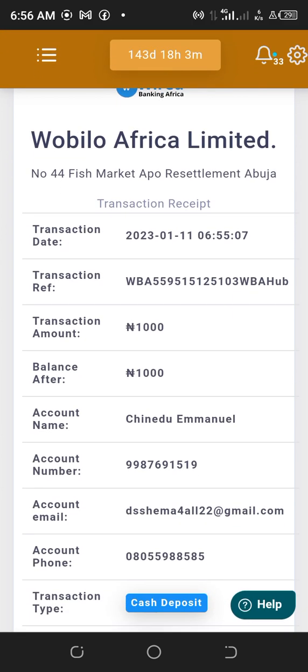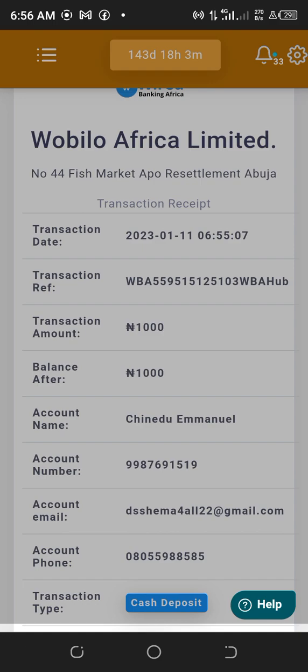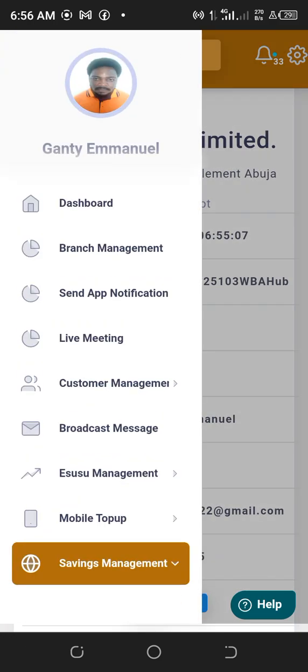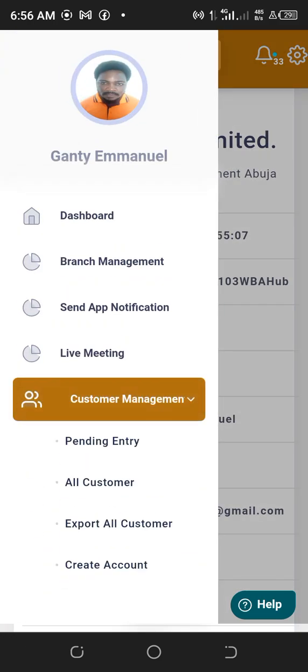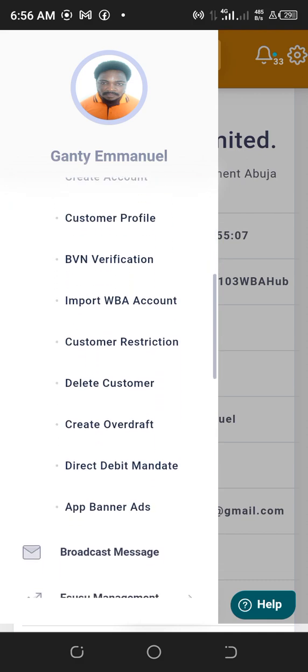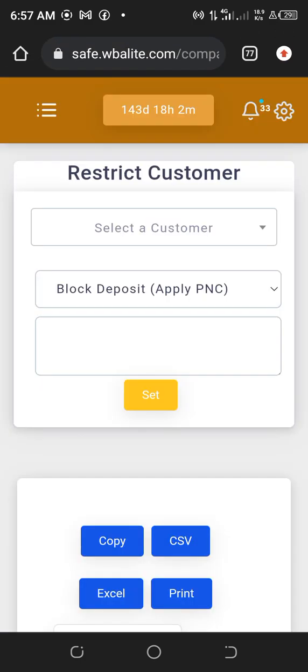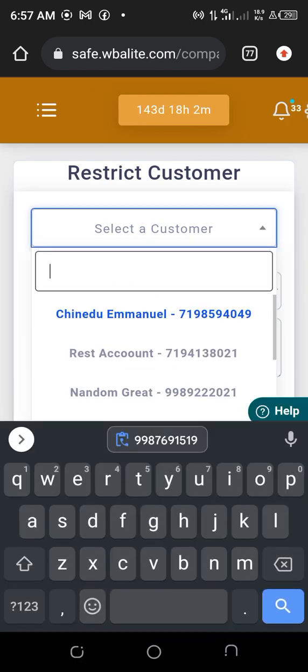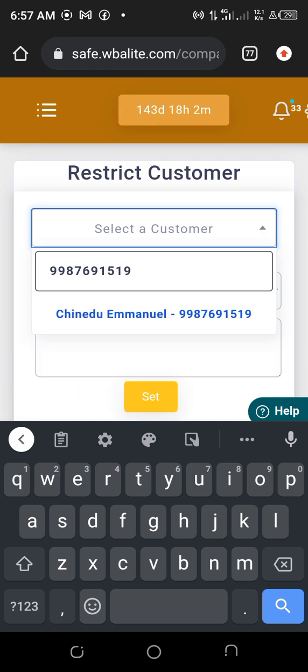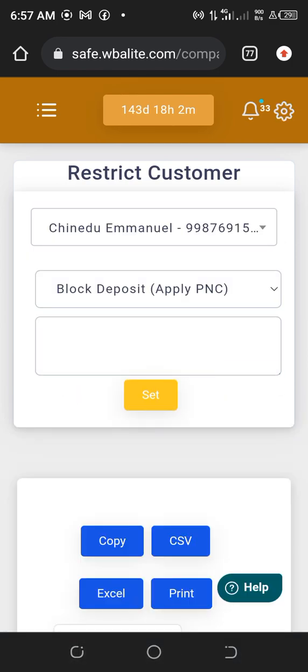Okay, I'll just go ahead, copy this account number, and I'll go ahead and put him on restriction, right? Okay, so a restriction, that's your customer restrictions, because it's possible that the customer entered a wrong PIN and he got blocked, right? So of course, if you have similar kind of concerns, so I'll just say